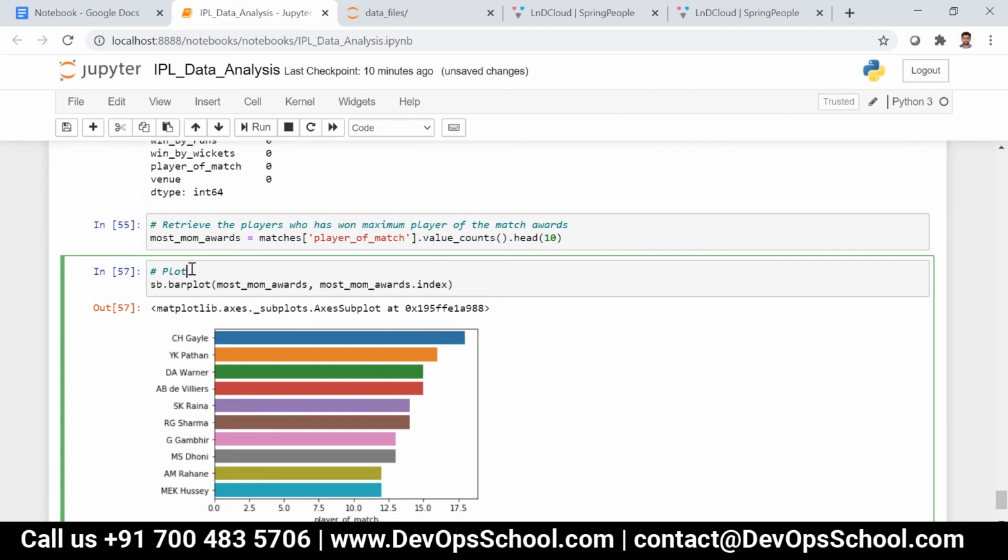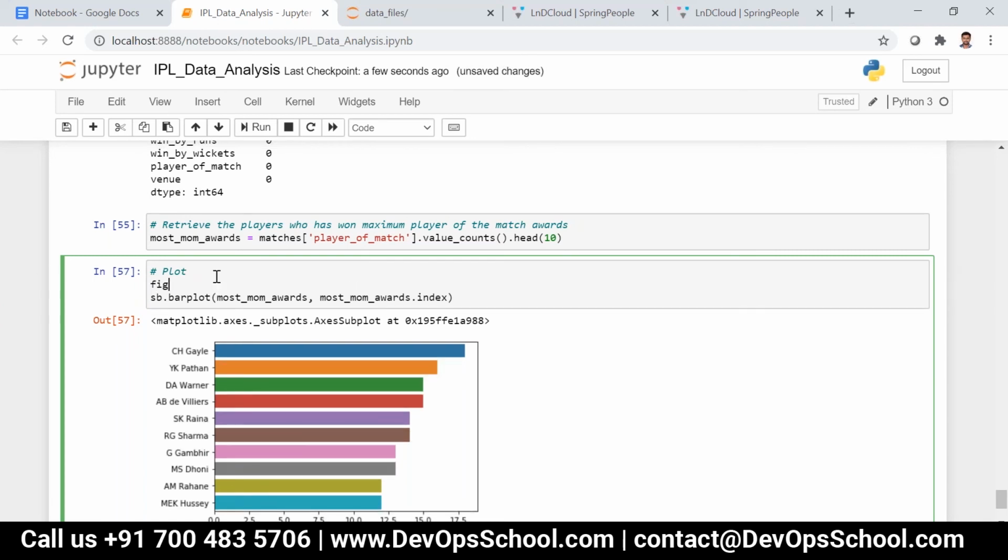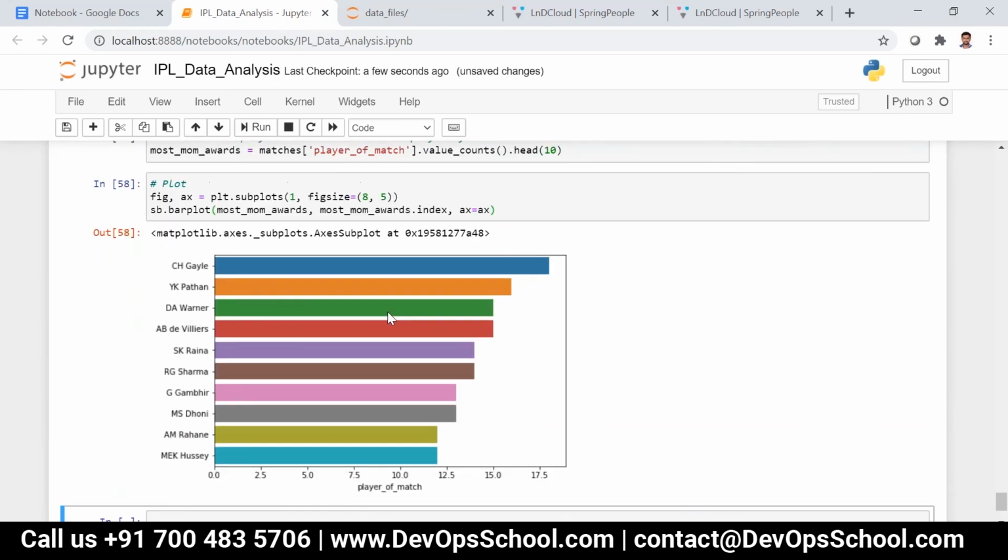Here I didn't use a figure, so that's why it is so compressed. For example, if you use a figure, let's say figure, ax equals plt.subplots(1, figsize=(8,5)), and since there is only 1, I can give ax equal to ax. Now you can see a customized plot.